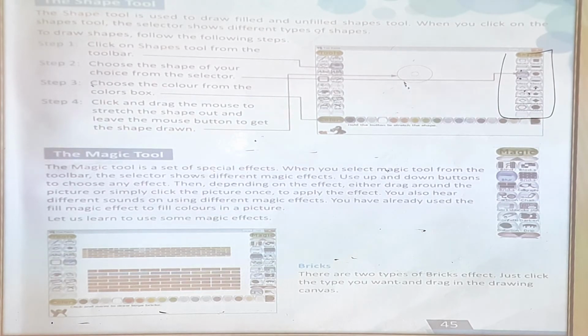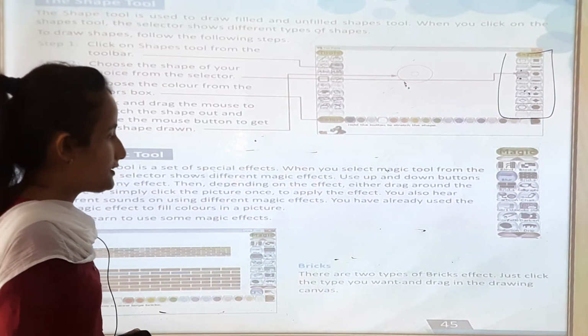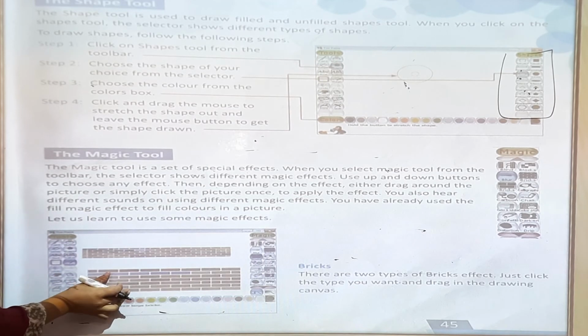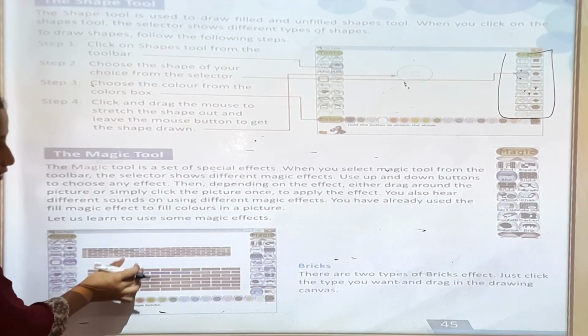Now bricks. There are two types of bricks effect. Just click the type you want and drag in the drawing canvas.